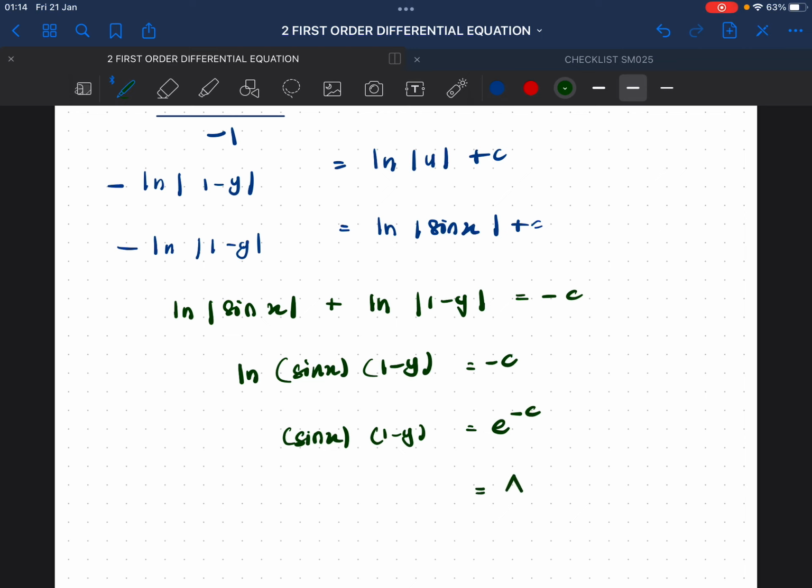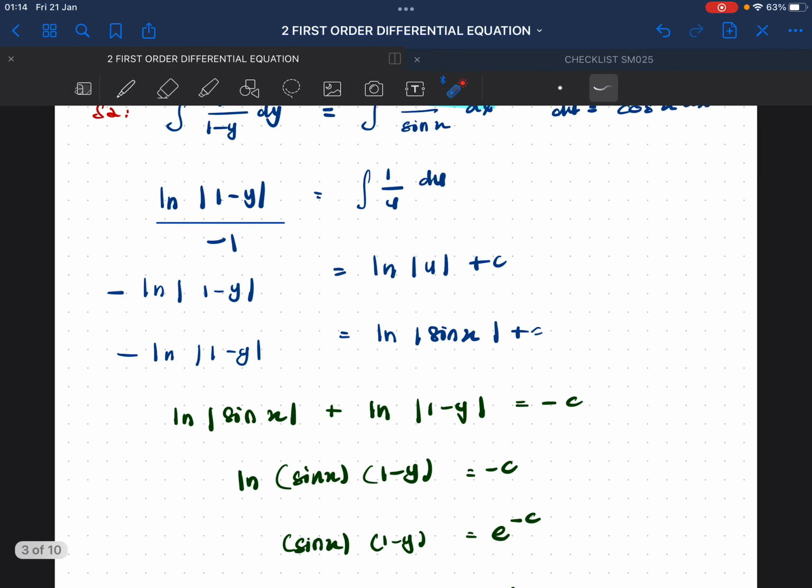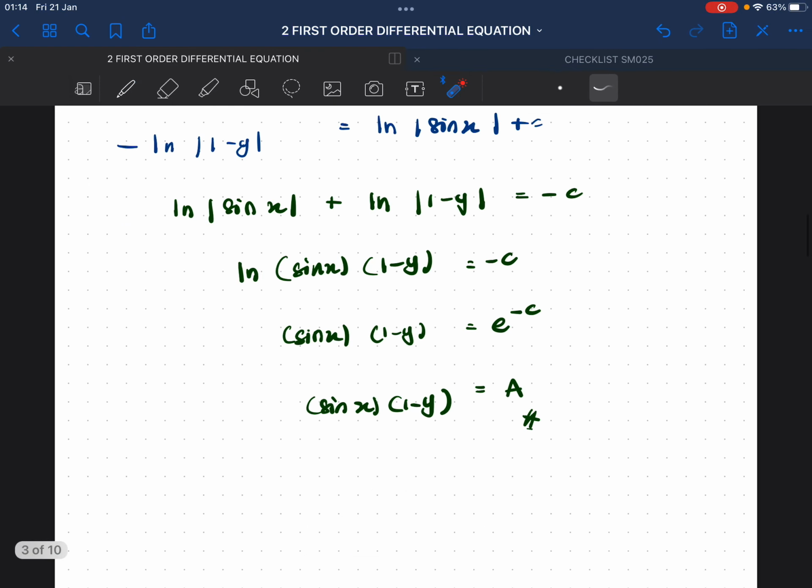We can just put it as A, or sometimes the answer will put it as big C. Anything is fine. So the final answer can be written like this and also like this. So that is how